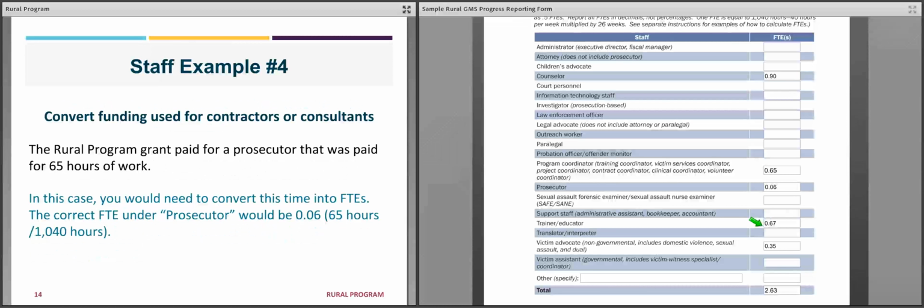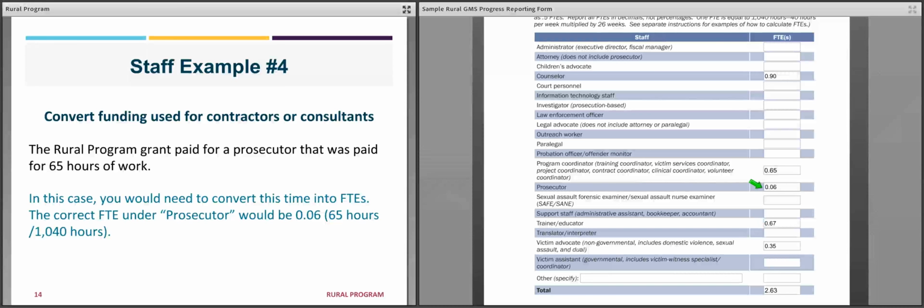The last example I have is to demonstrate that you need to convert funding used for contractors or consultants into an FTE for this form. So say the rural program grant paid for a prosecutor that was paid for 65 hours of work. In this case, you would need to convert this time into FTEs. The correct FTE under prosecutor would be 0.06,